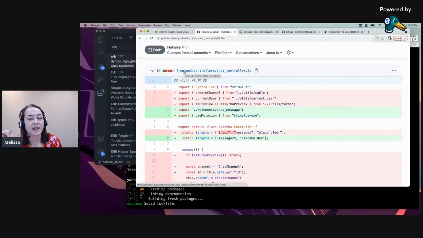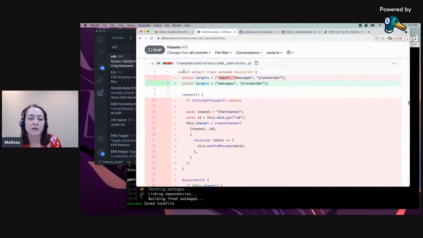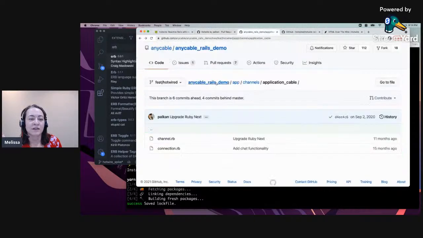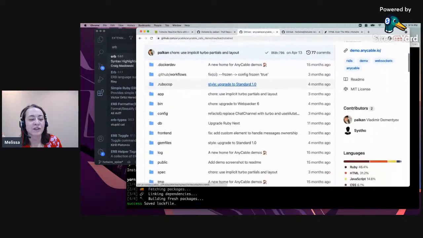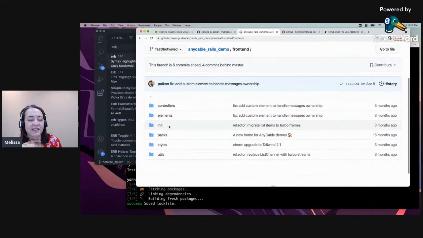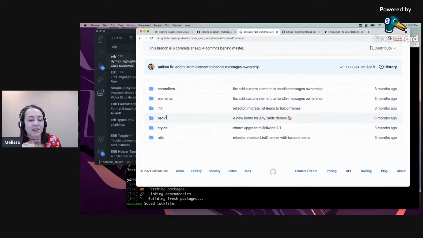I was just looking at there's a front end. This is where I thought, well, there's got to be a JavaScript controller. That's what I was looking for. So front end. Okay. There's app, and then there's front end. Interesting how they organize this. Okay. And then here's all of the, because packs came,